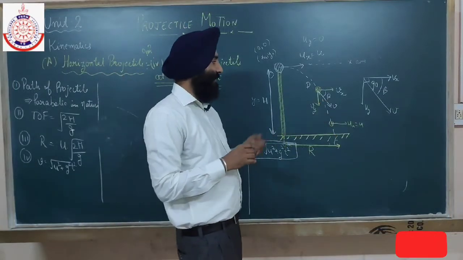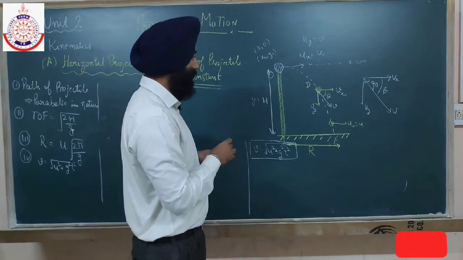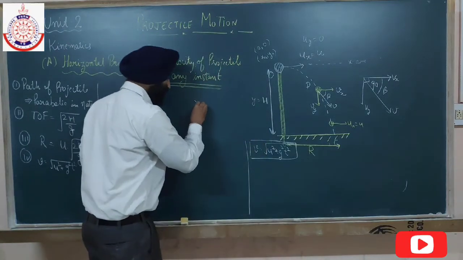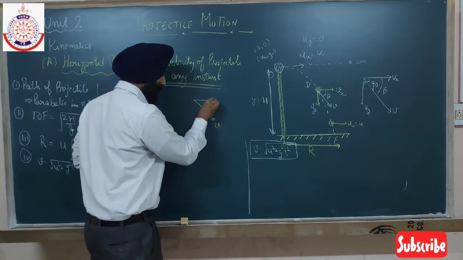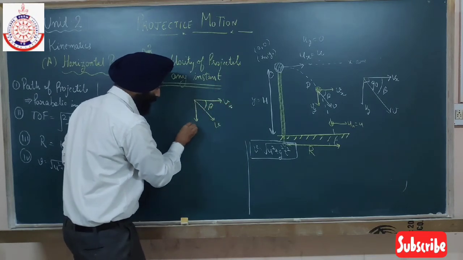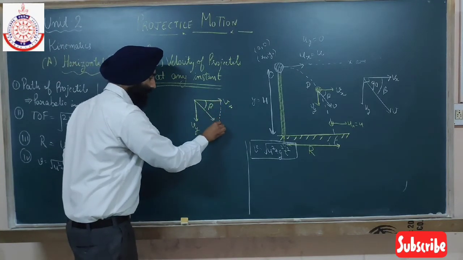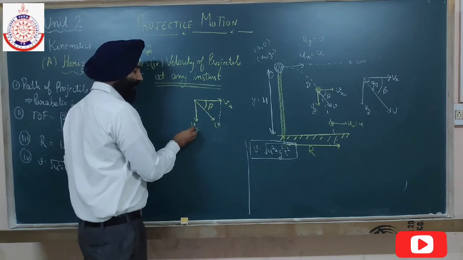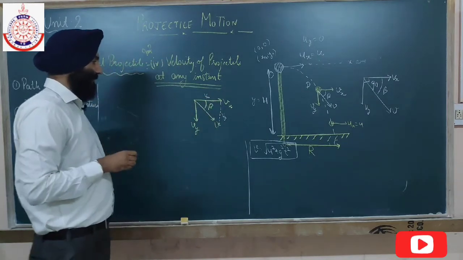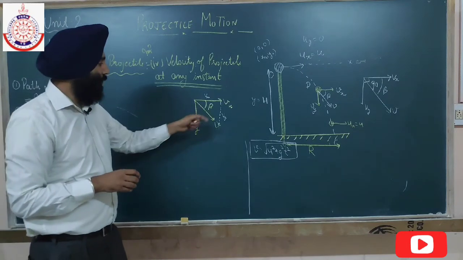Find the direction. Fine. In which direction will this velocity v go? Suppose this angle of direction is beta. Suppose here we have velocity v, and the angle with the horizontal component is beta. And this is the component of velocity along the y-axis. Fine. So now draw a perpendicular from here. In front of this angle we have vy, and this axis is vx.